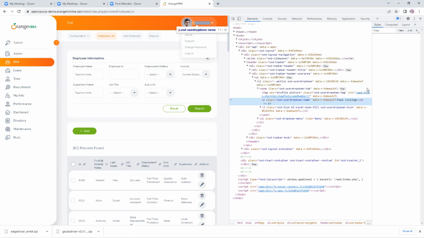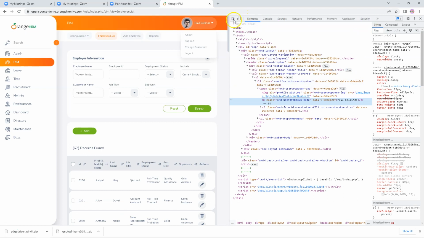Inspect elements, we have to click here. Okay, click on here, then click back here, and we don't have anything. We have, I think,